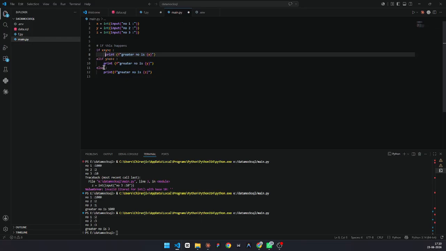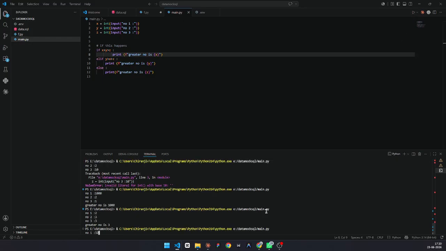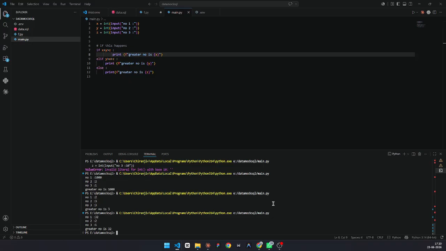I don't think so. Wait, let me just do it like this. You might be correct. Who knows? Because now Python has been very flexible. Huh? This works. Yeah, you can have that, that's not an issue. But the main issue does not come here. In testing, you can have any kind of indentation you want, but when it comes to using a production-ready system, then everything should be aligned. That's why you should maintain uniform spaces.